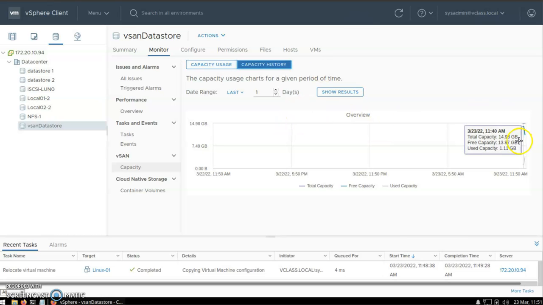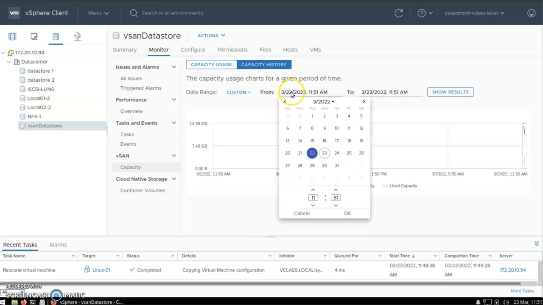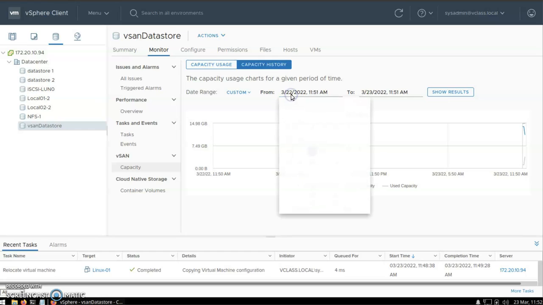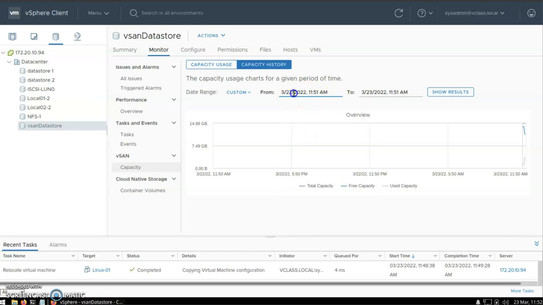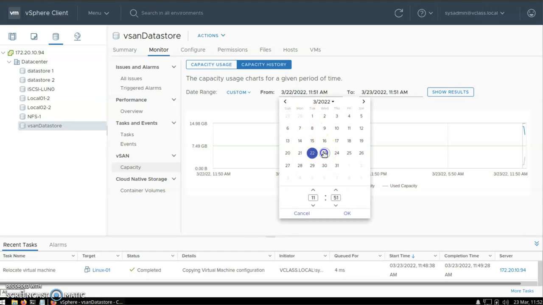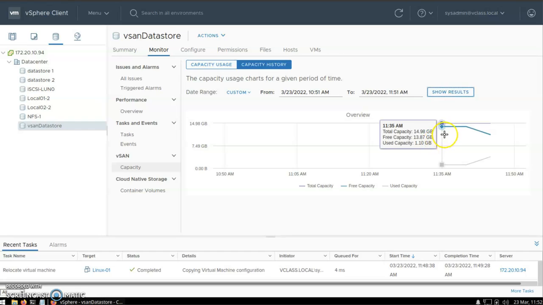we can see that we can actually modify this slightly. So let's take a look here, and we'll go custom, and we'll actually set it to a much shorter time period to make things a little bit easier to view. We'll set it to the 23rd, and then, oops, try that one more time. We want to select the 23rd, and then we'll tell it that we just want the last hour. Show the results, and you can see that our